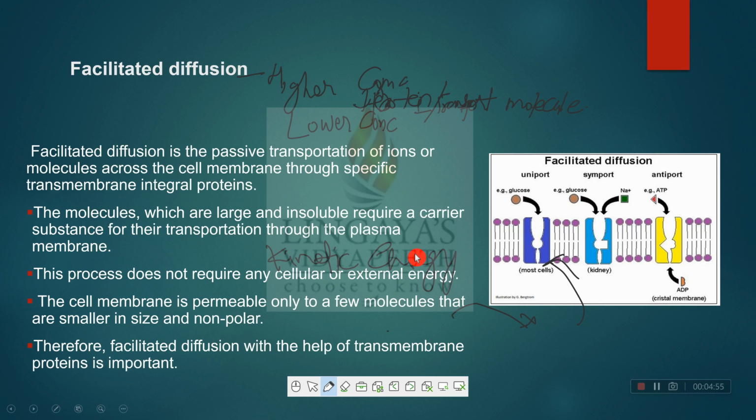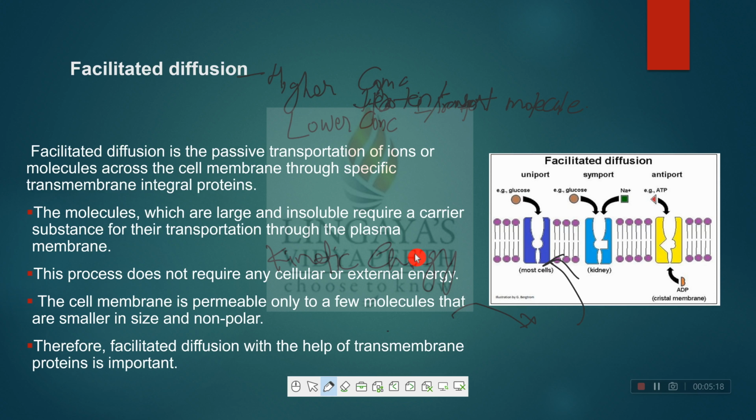Alright. So why is facilitated diffusion important, or why does it have this characteristic? Because it needs assistance from a transport protein lodged in the plasma membrane. Alright,